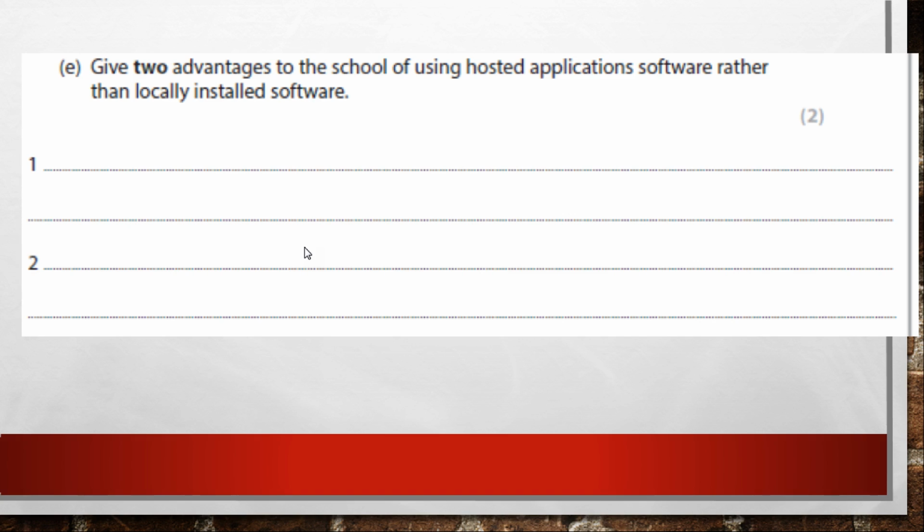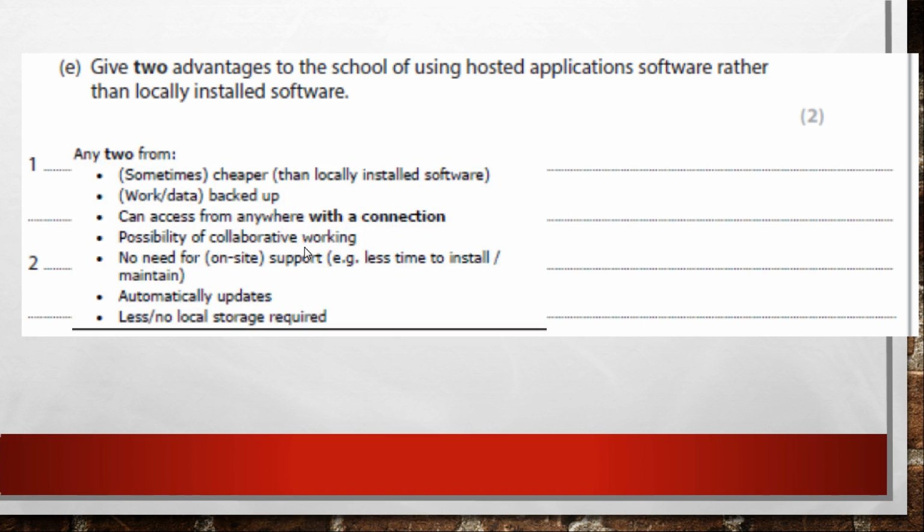And the answer would be, so the advantages would be it's cheaper sometimes, okay, than locally installed software, because obviously you've got to pay someone to install the software locally. You've got to pay for the disk, the software, the licenses. And if it's something that can be just accessed quickly online, it's typically that the company will give it at a cheaper price, but obviously you get less functionality. Also, everything's backed up automatically, so it's an advantage. So you don't have to have the software on computers and the network and the server back it up every evening. It's already backed up.